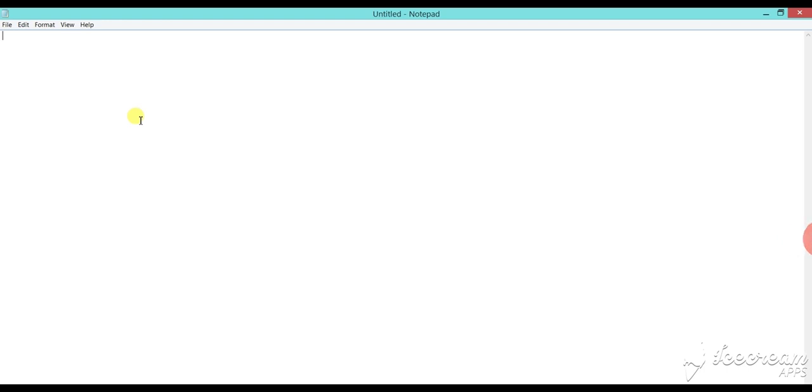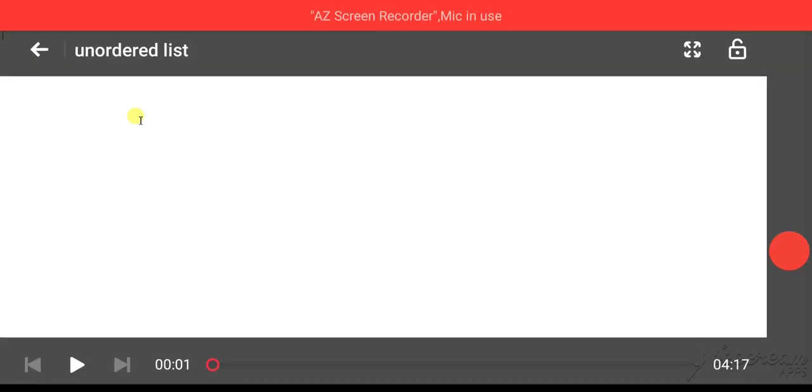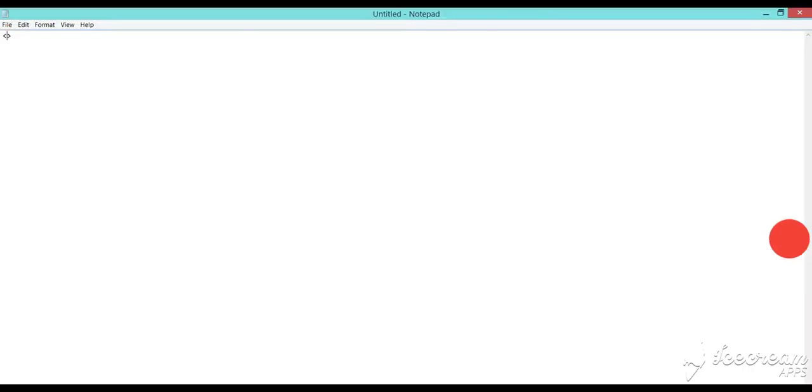See, first of all open Notepad editor, then type HTML programming in this way. First type the opening HTML tag, then the closing HTML tag, then again type the opening head tag and closing head tag.